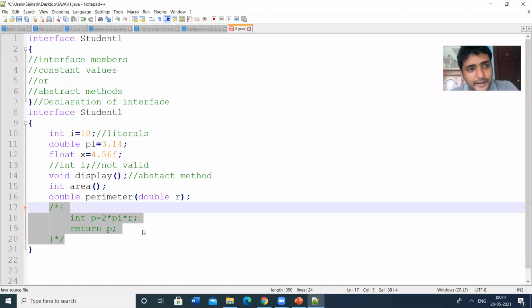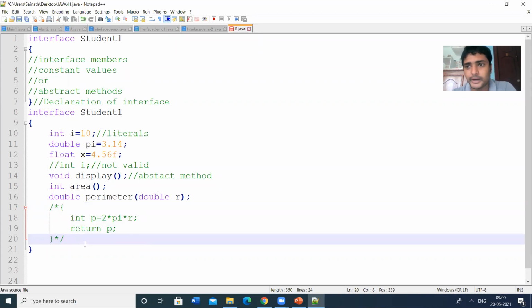The interface consists of either constant values or abstract methods. The method definition will not be there in the interface. So interface means just a declaration, a declaration of constants as well as a declaration of abstract methods.